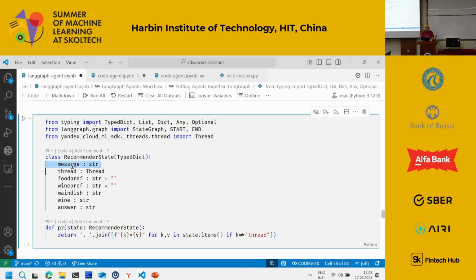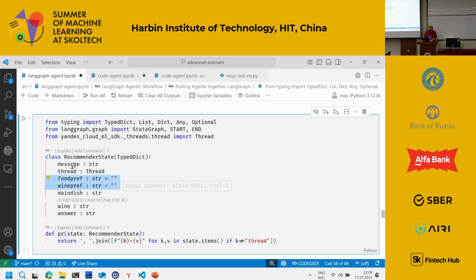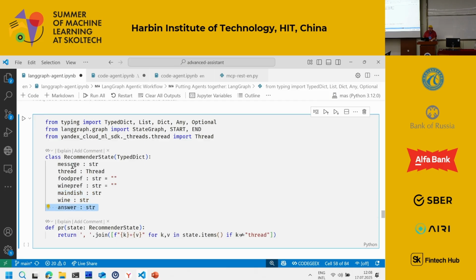It would contain the original message. It would contain the communication thread in which all agents talk to each other. Then food preference and wine preference are the original preferences. Then main dish and wine are the food which has been selected from the menu for the final dinner. And answer would be the textual answer to the user.